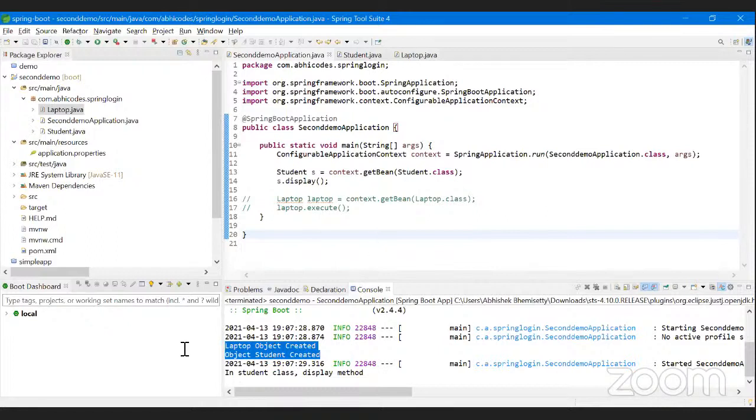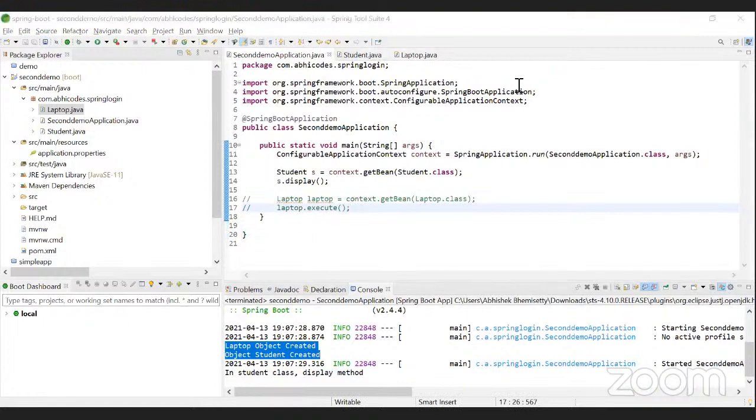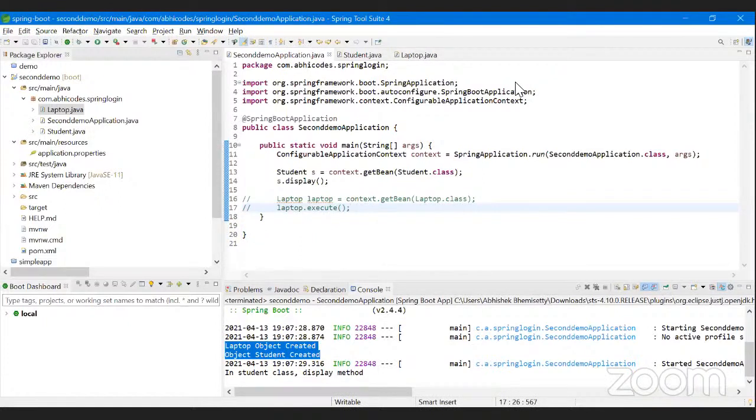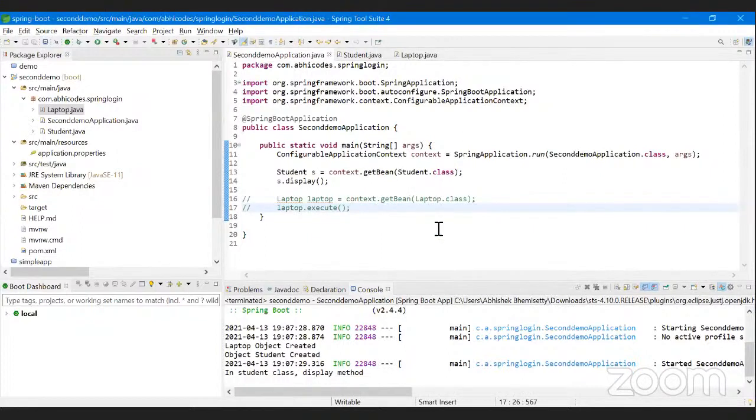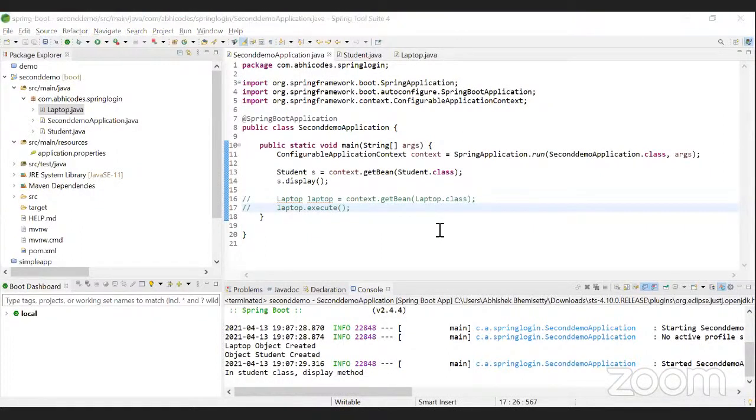Even though I did not require the second object, I'm not using it, but Spring Boot is creating the object for me. So what is the point of creating an object if I don't need it, right? Yes, it's creating those two objects for me, even though I'm not using the second laptop object. Yes, every class that you define with the component annotation will have its object generated inside a